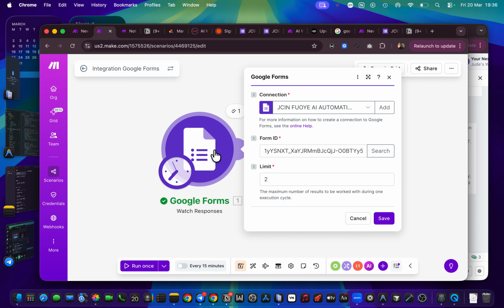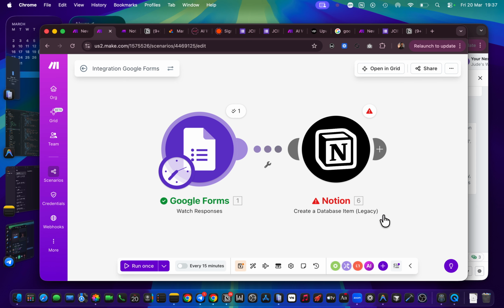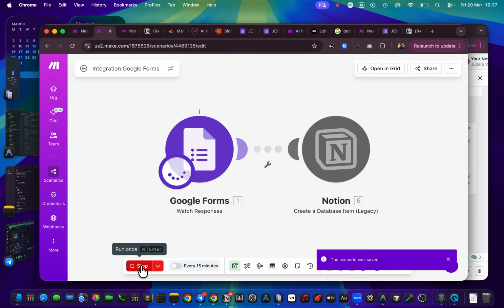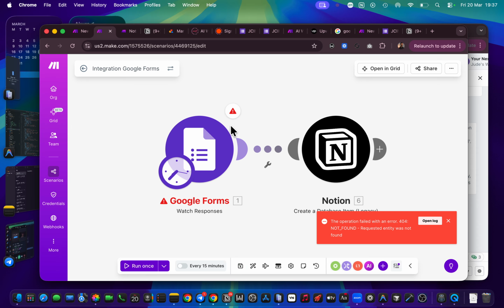Now there can be another case where it's probably not this. It can even be that you made a mistake picking. Or let's assume, let's remove the first form ID. Let me say you made a mistake of saving it this way, and you try to run it as well, we had our error right from the beginning. So you get to know there's an error somewhere.